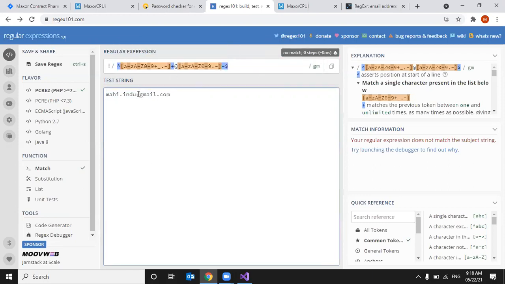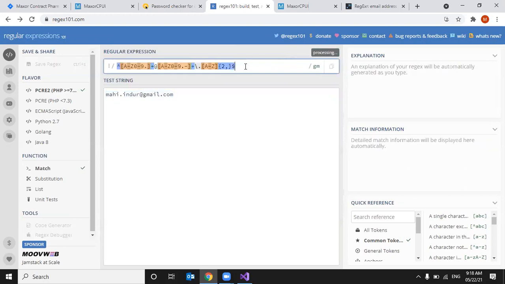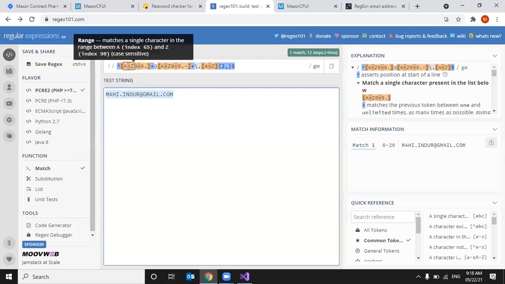So this is about this expression. I'll remove it and place this, and enter it again. So it is matched. I should enter only A to Z or 0 to 9, then dot, and it can be repeated multiple times.